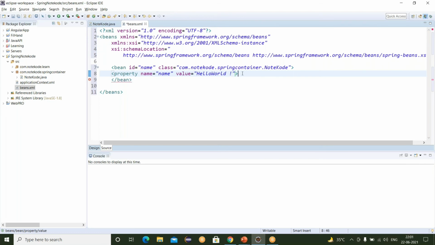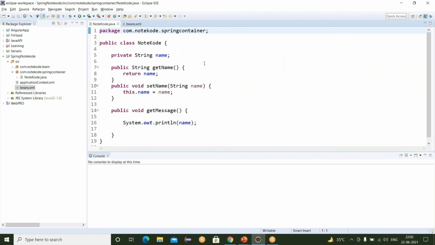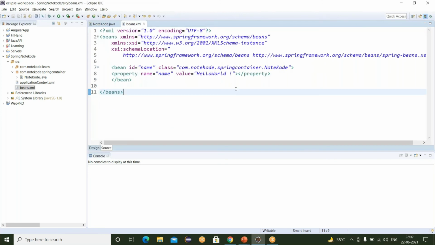Just close the property tag. Now your XML file is created successfully. Just save this. So you have your POJO class or Spring Beans and your XML configuration file.